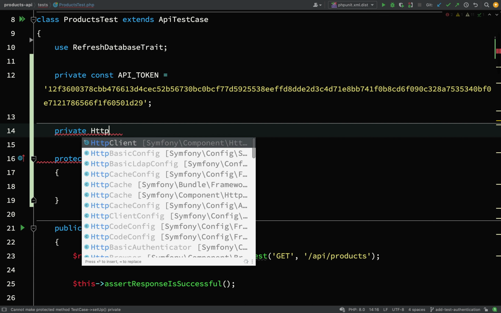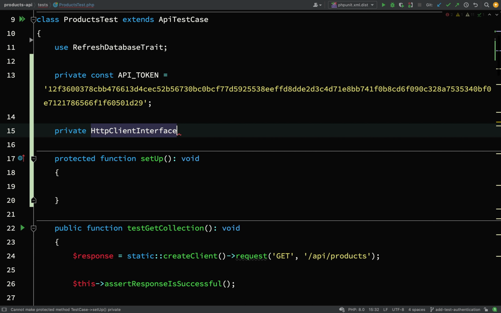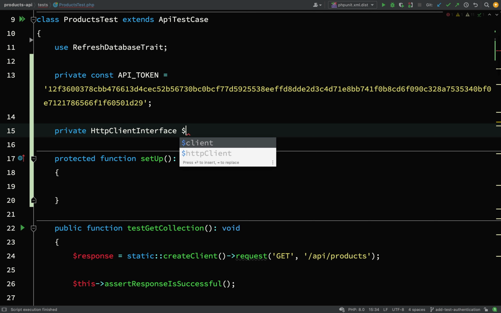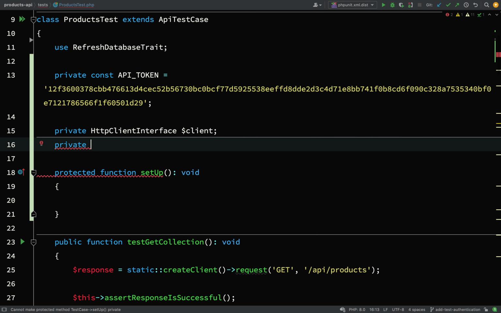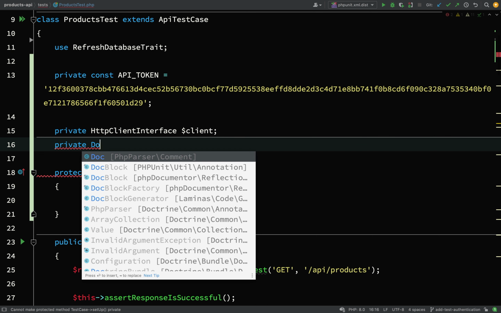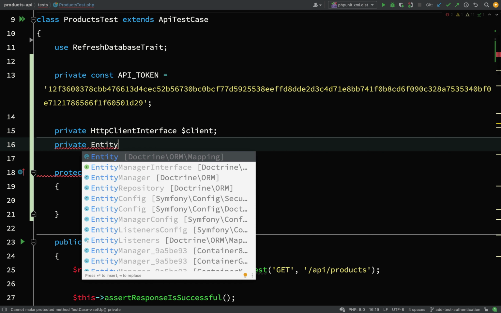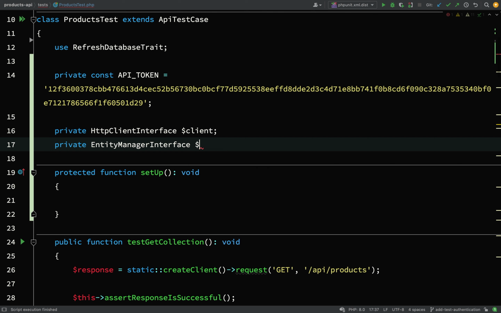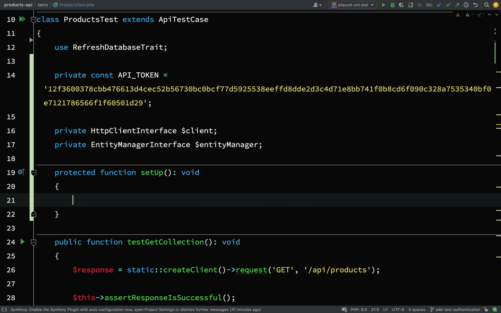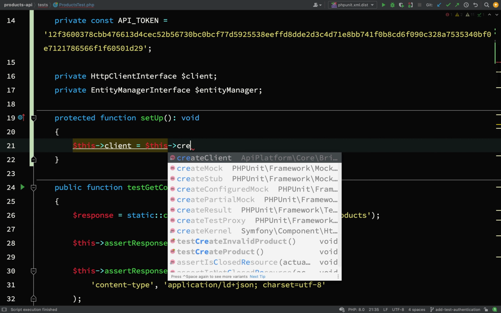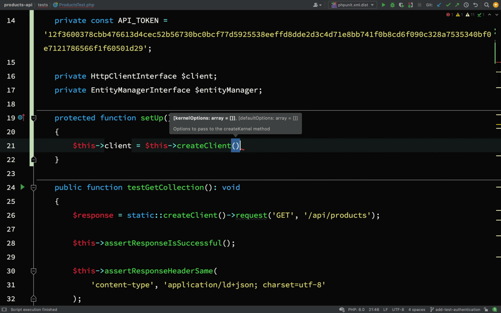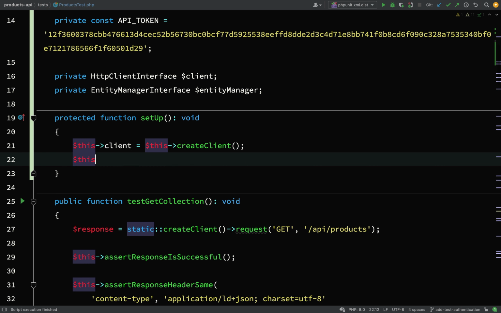private, and this will be, we'll take HTTP client interface, and I'll just call that client. And then we'll do the same for Entity Manager. We'll go with a Doctrine Entity Manager interface, or Entity Manager interface. That's the one that I want, and we'll call that Entity Manager. And so here we shall create our client. So this client equals this create client. We don't need to pass any options. And then this Entity Manager equals this